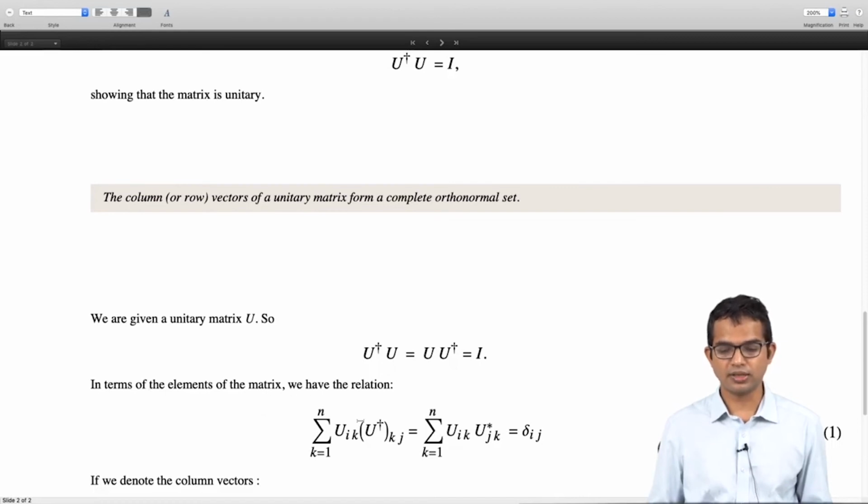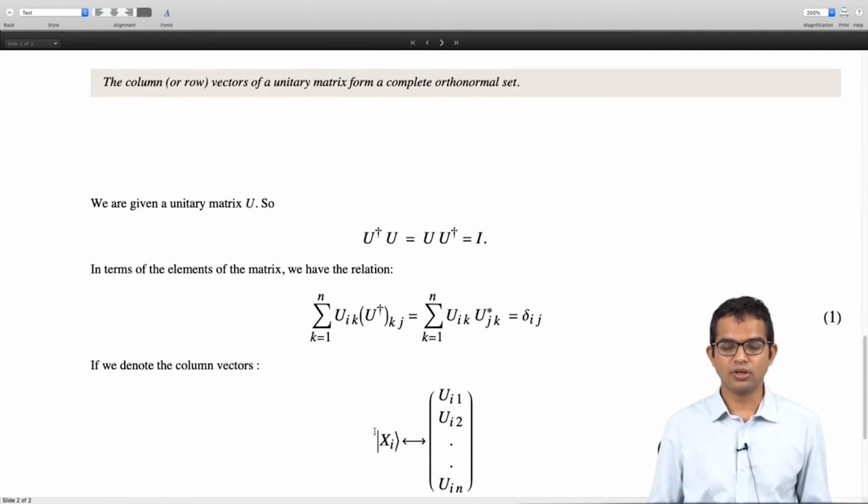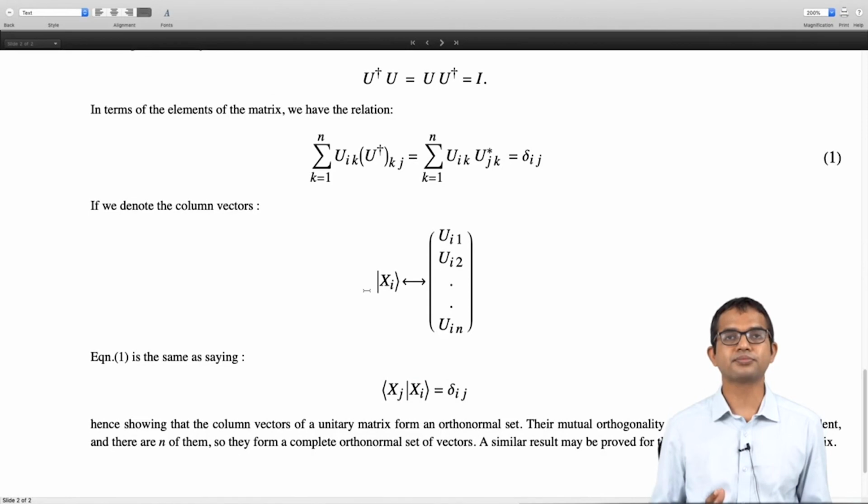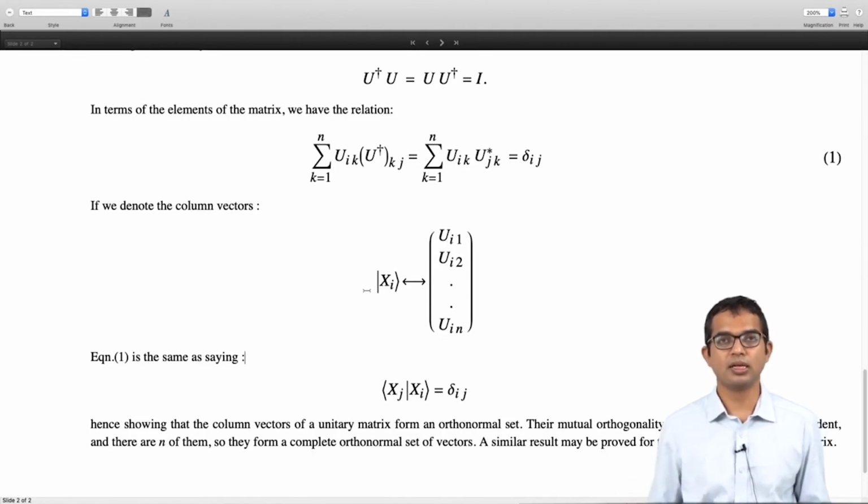You have this relation, and this relation is the same as saying, if you denote these as column vectors, that x_j and x_i are orthonormal to each other. So explicitly the condition of unitarity immediately implies that you have a bunch of vectors which form an orthonormal set,